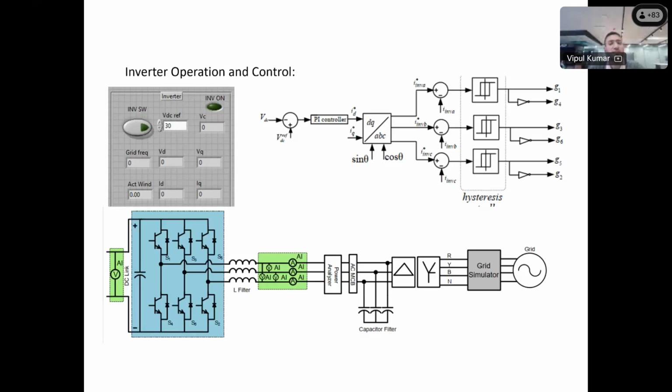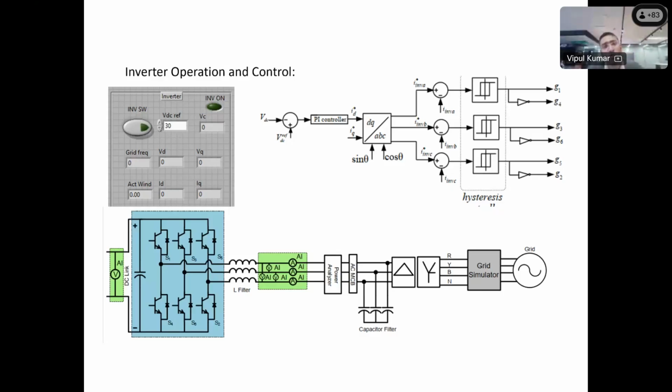So accordingly, if any source gives power through its respective converter to the DC link, most probably the DC link voltage will increase. That power will increase the DC link voltage. So the inverter will maintain that DC link voltage and flow that power to the grid through it. So that's why you can see the inverter switch and the VDC reference, depending on the VDC. If we increase, like what I have shown you, that auto transformer,